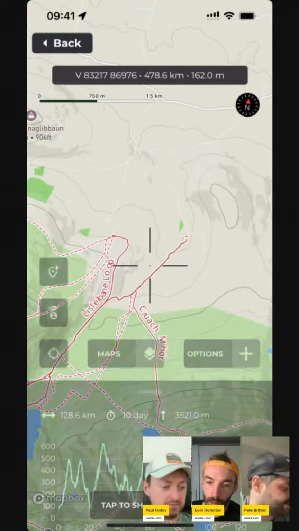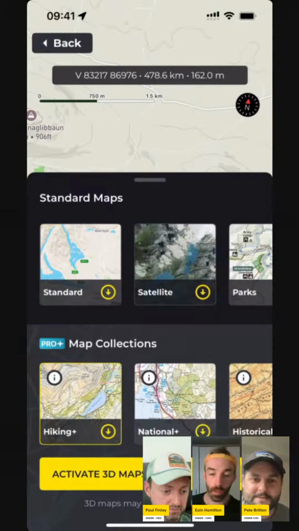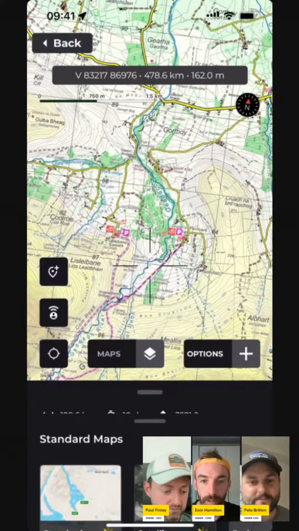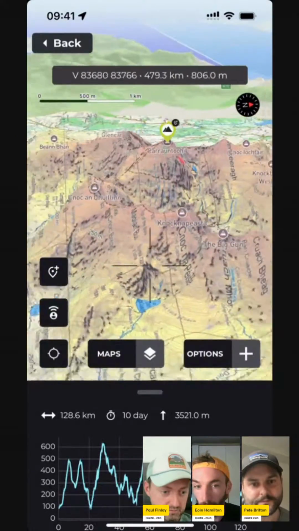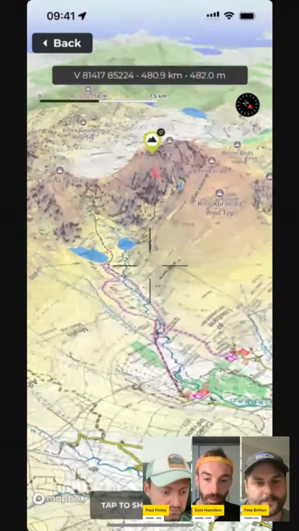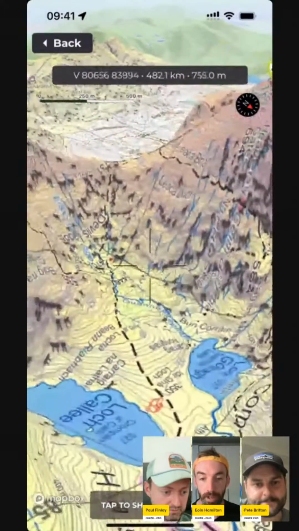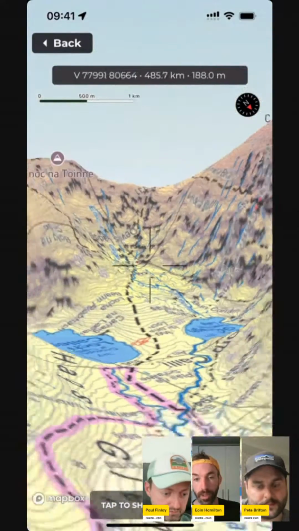Worth pointing out as well that this is well used by mountain rescue teams. That goes back to what Paul was illustrating there, where they're using grid references. Their teams would get a grid reference, type it into HiiKER, set the waypoint, and then share that waypoint out to their teams, and they have